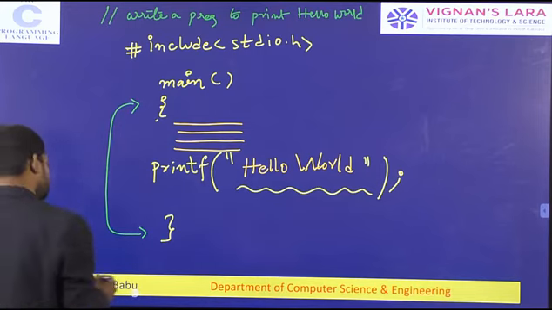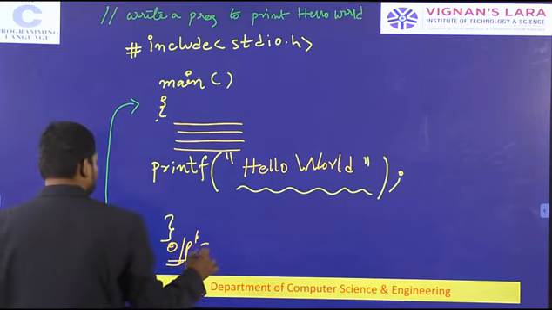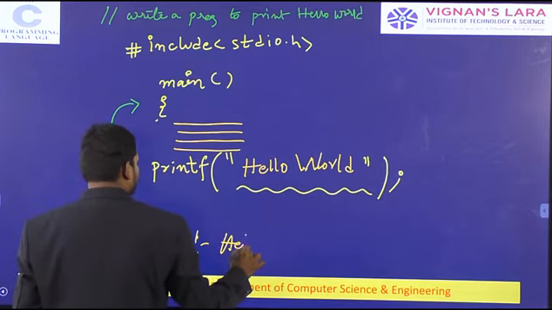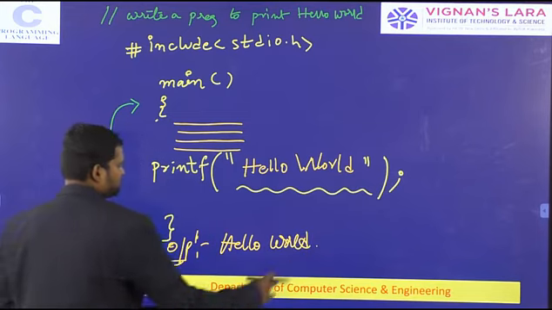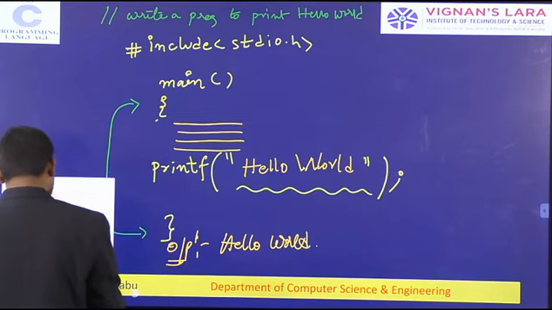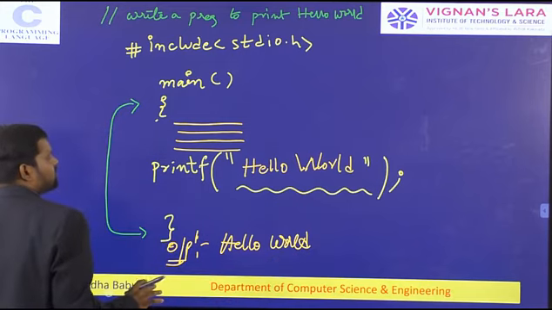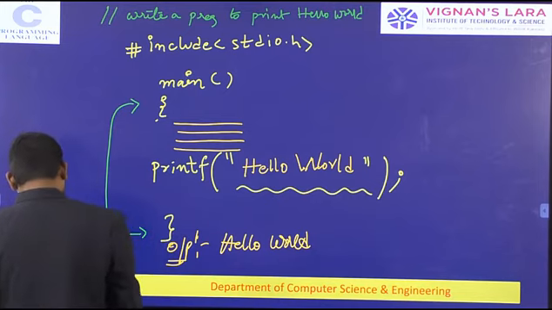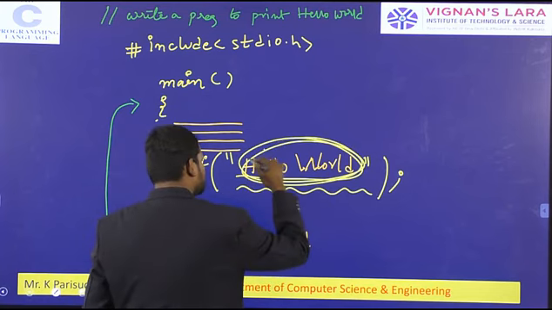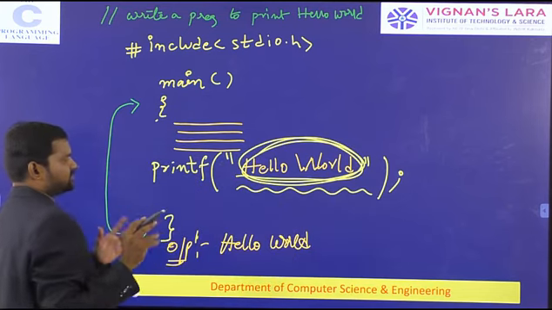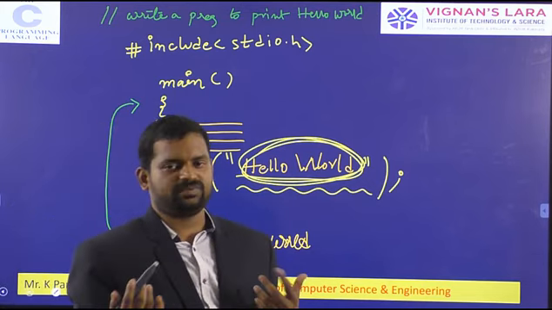Okay, what is the output of this program? The output of this program is printing the hello world information. The dot is not necessary there, so just hello world will be printed. Whatever data you give in between the brackets, inside double quotations, that information will be printed on the output screen.